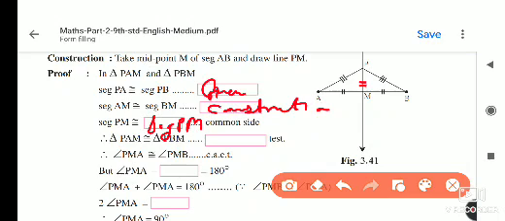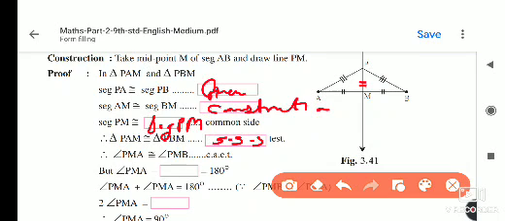If you see here, all sides are congruent to each other, so these two triangles are congruent to each other by the SSS test of congruency. And if these two triangles are congruent to each other, their corresponding remaining angles are also congruent to each other. Because here we used the SSS test, that's why all angles only remain.